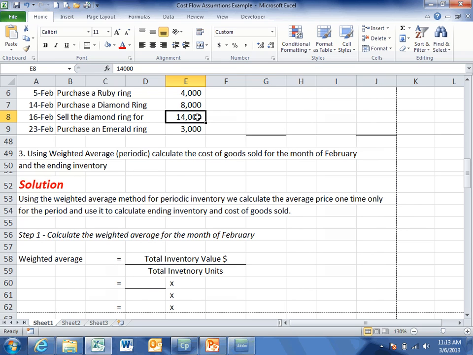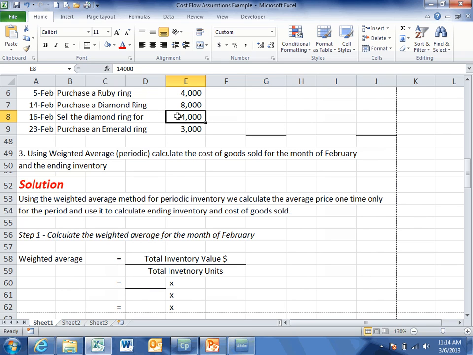Just a reminder, that $14,000 there, when you see that in these types of questions on sales dates, has nothing to do with the cost of goods sold. That's simply the sales price. So from that, I could ask you to calculate the gross profit on the sale by taking the sales price and subtracting the cost of goods sold. Okay, so that's the only thing that it's there for. So looking at this question,